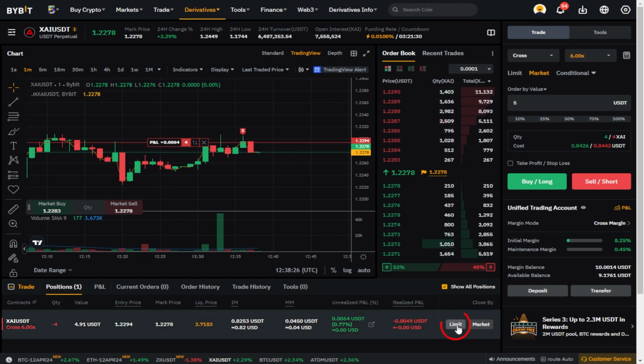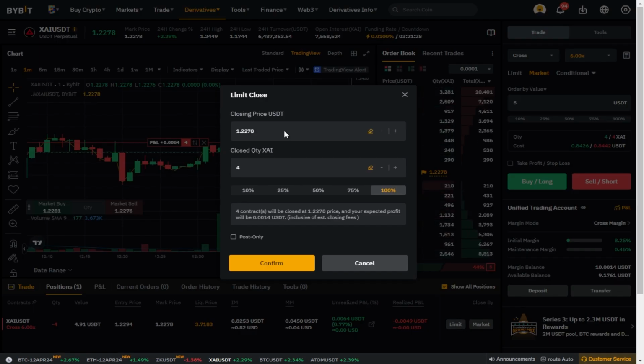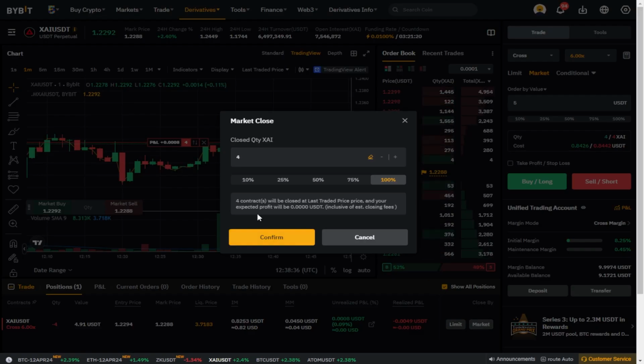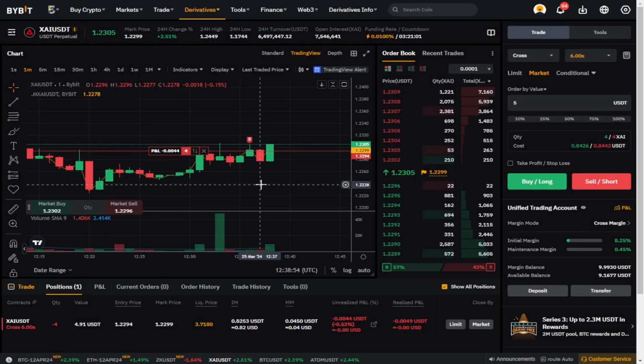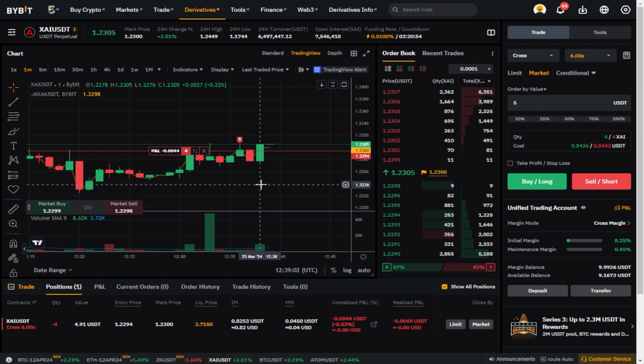In order to close the trade, we need to click either close by market or by limit. If we choose to close by limit, we choose the price at which we want to close the deal, and accordingly, we choose the amount of currency we want to close. If we choose market, we instantly close the transaction. We can choose the number of coins we want to close. We can close both our entire transaction and in installments, that is 50%, 75%, 25%, and so on. For now, we will not close the deal, because we are now going into a small minus,